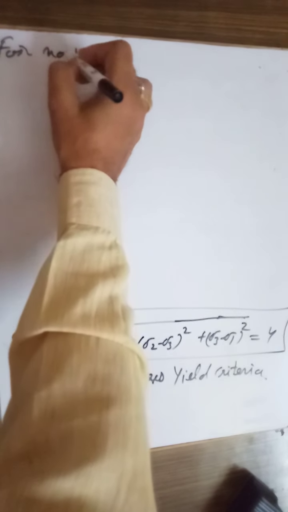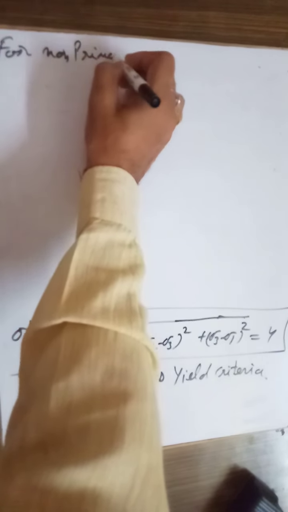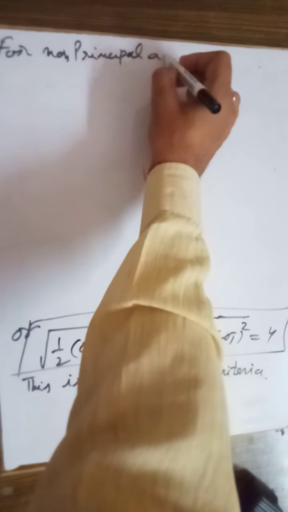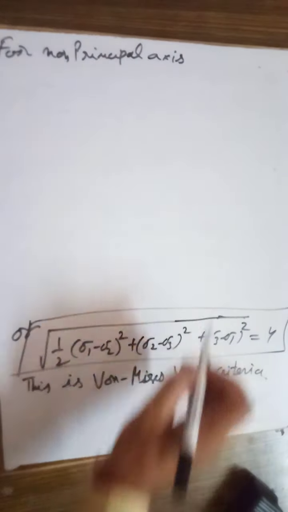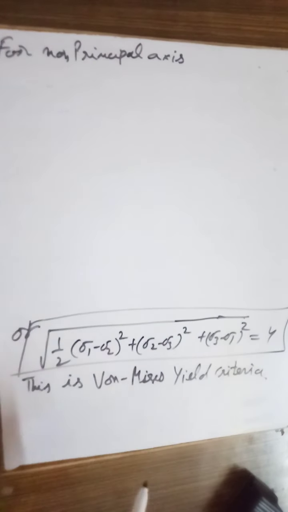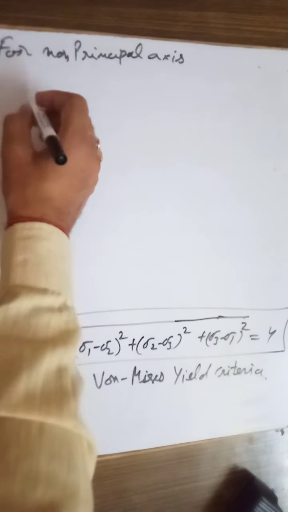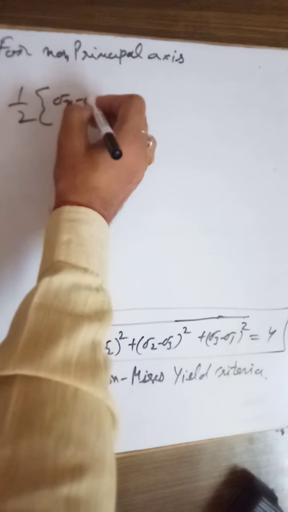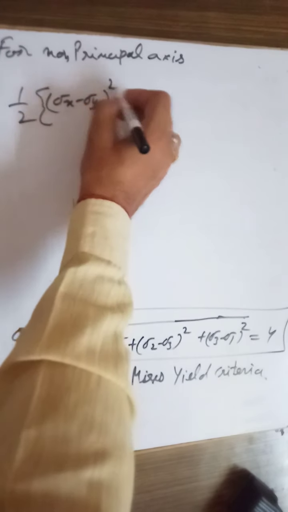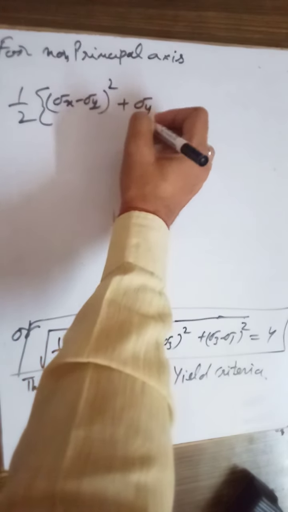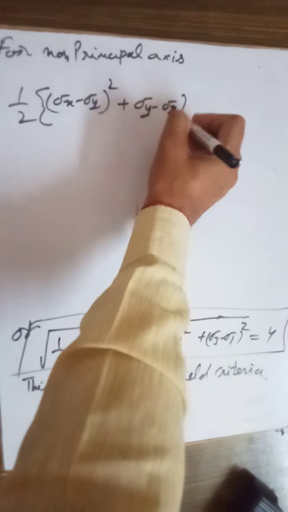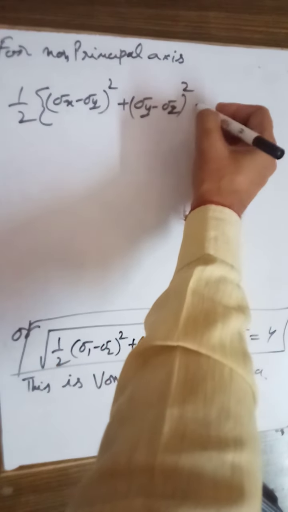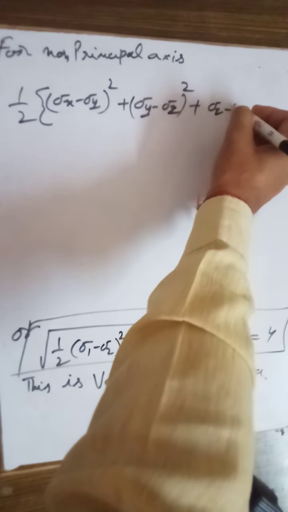For known axis, it can be modified. So what will be the result then? It is 1 by 2 [(sigma x minus sigma y) square plus (sigma y minus sigma z) square plus (sigma z minus sigma x) square]